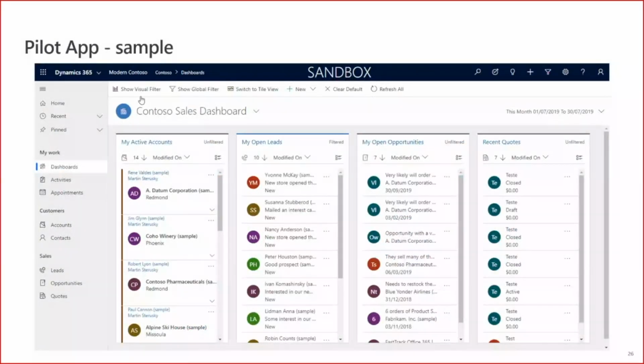Here we have a quick sample of how that type of pilot app could look. In our case, we selected a pilot app which could be for salespeople. So let's say that a salesperson will come to the office in the morning and open Dynamics 365. There are probably a lot of discussions about what should be the first thing they want to see. In our case, we selected something new, something completely redesigned in unified interface,